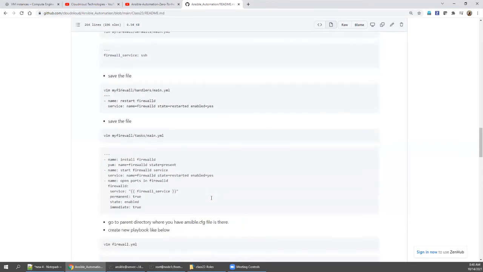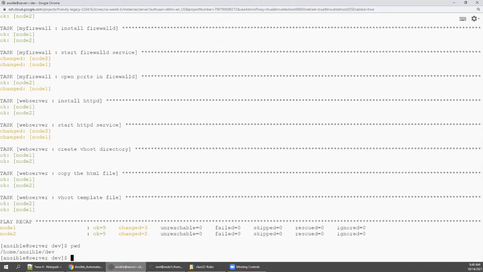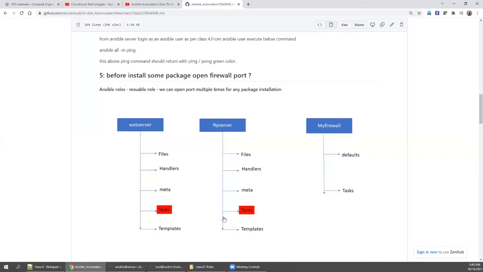See, an Ansible role is reusable. Since we are doing this in our home directory, but yesterday in the previous class I put it, normally the roles will be in a central location. Any user can access according to the permission. Any login can access. Any environment can access based on the necessary permissions already granted to the directories, right? So if you go to this diagram, like this, now we created only the web server. You can create hundreds of package roles, but for the necessary package, whatever service has to be allowed, you simply call and replace the value. Simple as that.